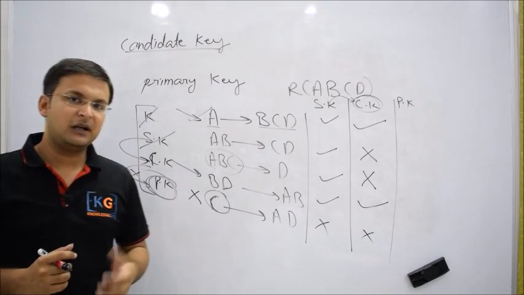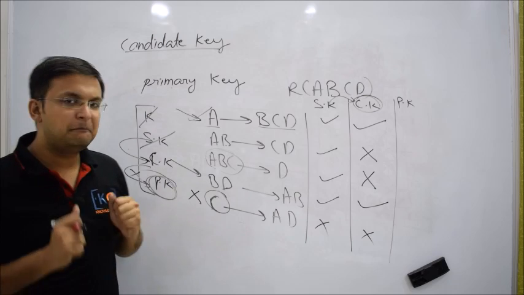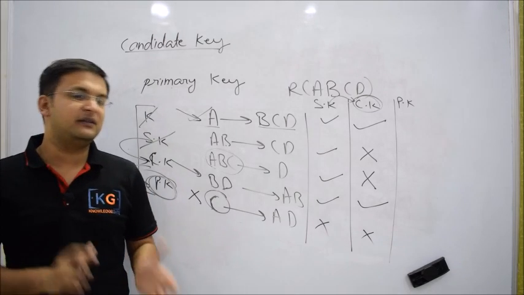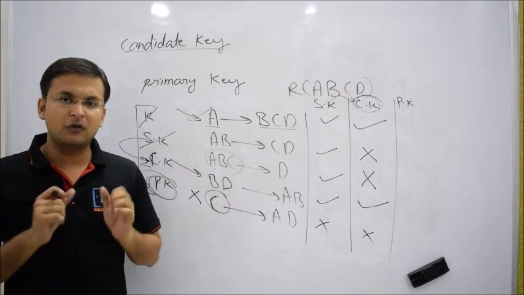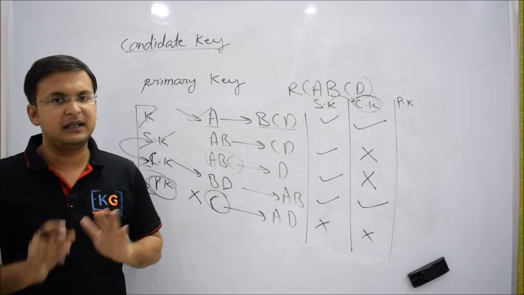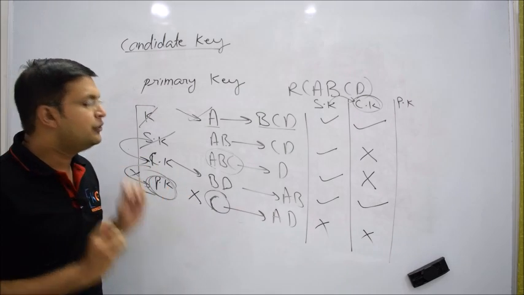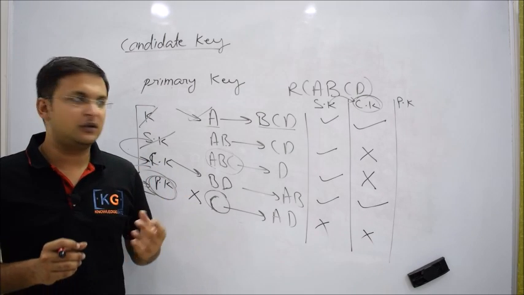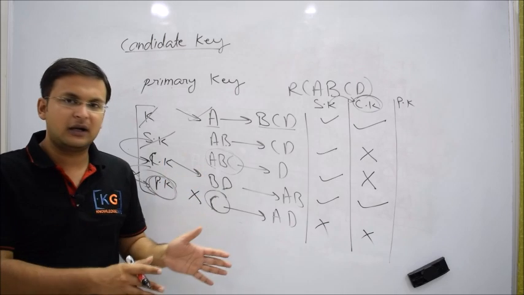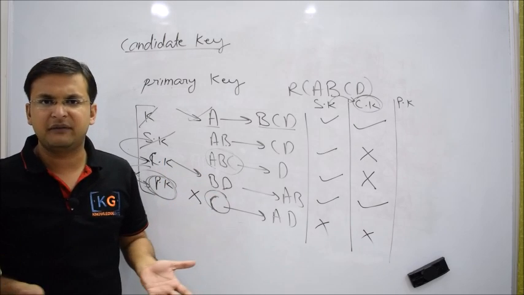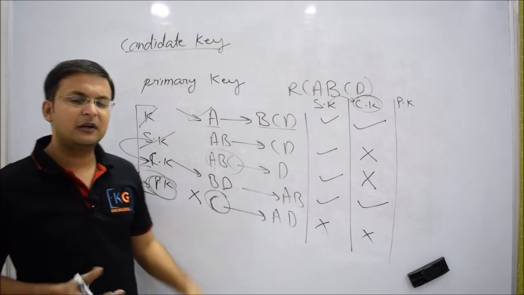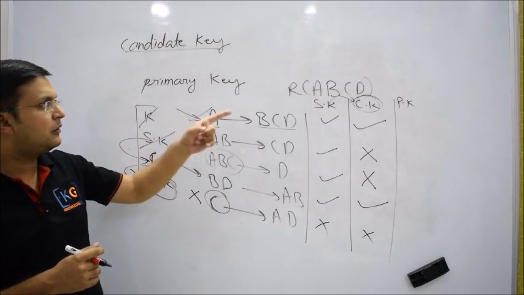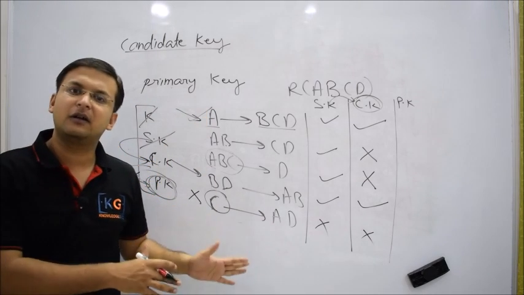Why do they feel it is difficult? Because they haven't done basic homework on functional dependencies and keys. If you have good knowledge of functional dependencies and keys, let me tell you, normalization is just a task of seconds. You just apply the logics, they are all predefined formulas, and using this you can very quickly say that a particular relation is in that normal form or that normal form.